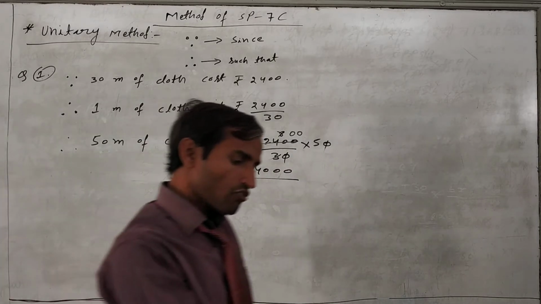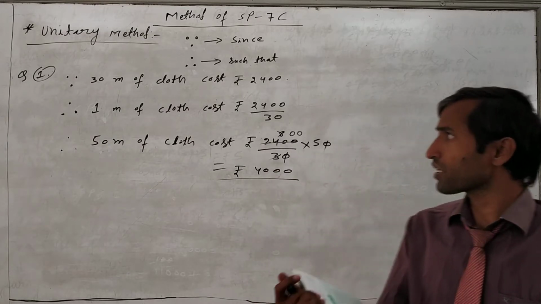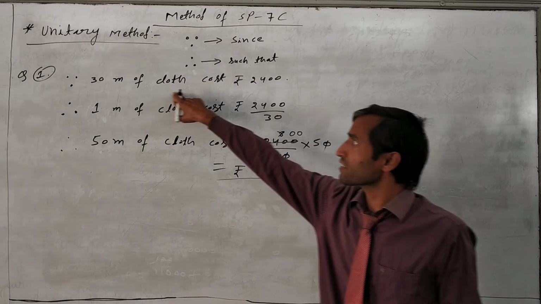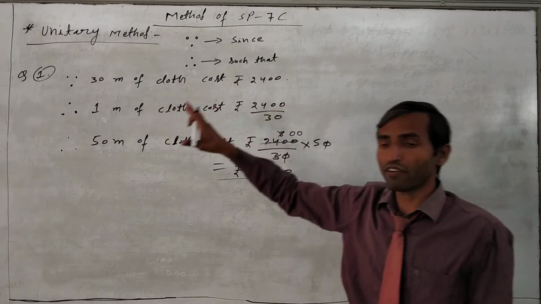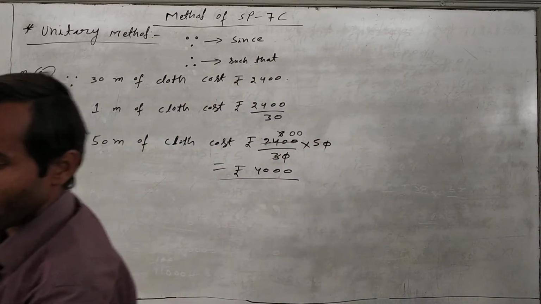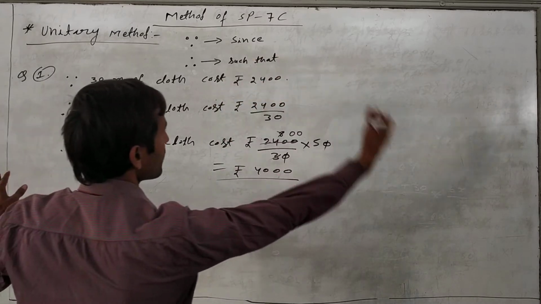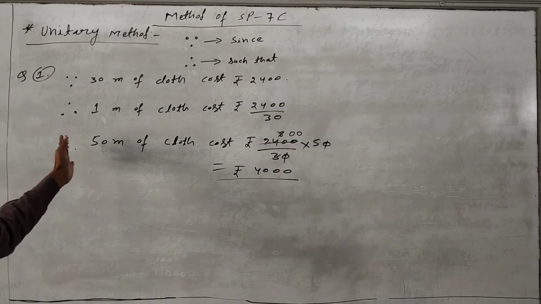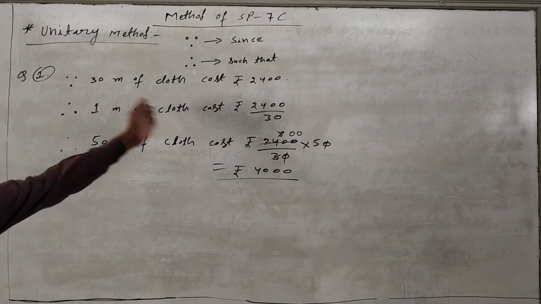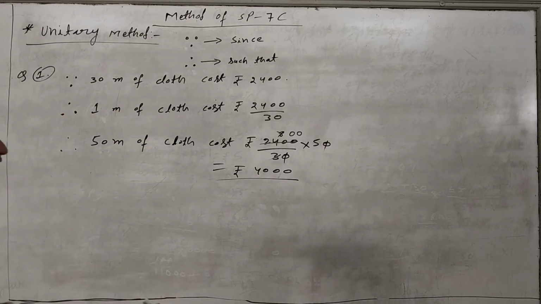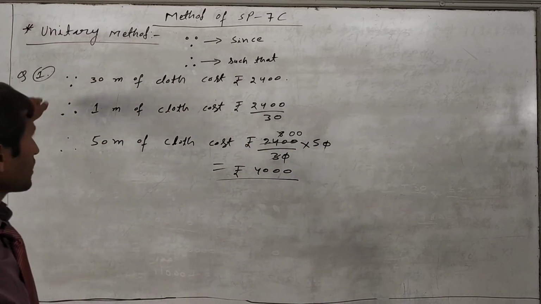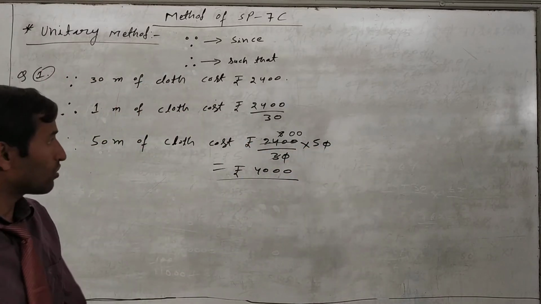Like this we have to solve if this type of question comes. First of all, write down the same statement of whatever we have to find, the cost. The cost will always come on the right hand side, and whatever is given we write on the left hand side. So be careful with the statement also.